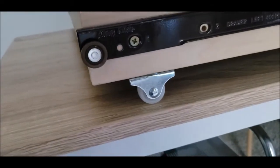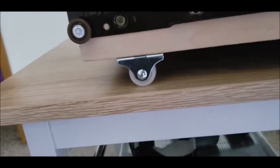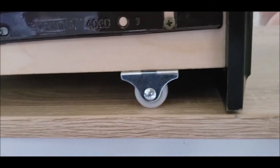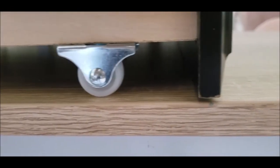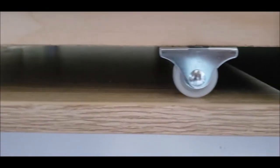The wheels I purchased for this set are 1 inch tall and approximately 1.5 inches down. They're super lightweight, super easy to work with. They do only go forward and backward, but that is all I need for my under the bed storage. As you can see here, I did measure the approximate size of the lip at the edge of my dresser drawer down here. You can see that's about 1 inch wide,